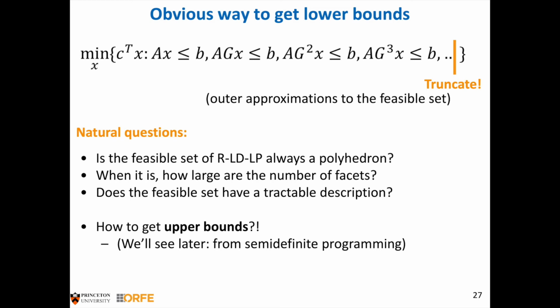But the natural question is, does this phenomenon always happen? Does it always terminate in a finite number of steps? Will the feasible set always be a polyhedron? If it terminates in a finite number of steps, it will be. If it is, how many facets will it have? And does that polyhedron have a tractable description? Right? You may also ask, how do I get upper bounds on this? Which is more interesting because